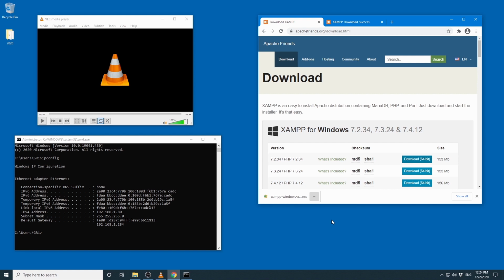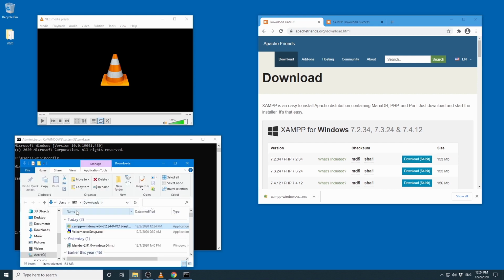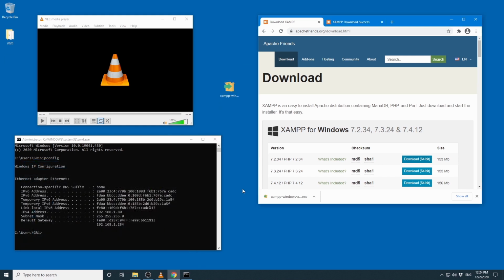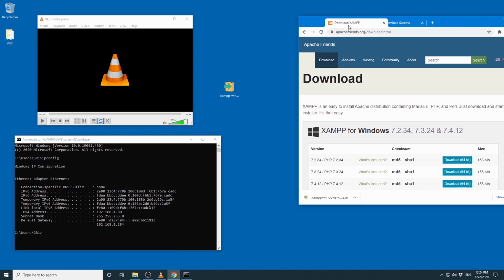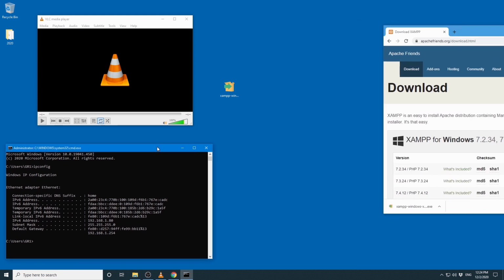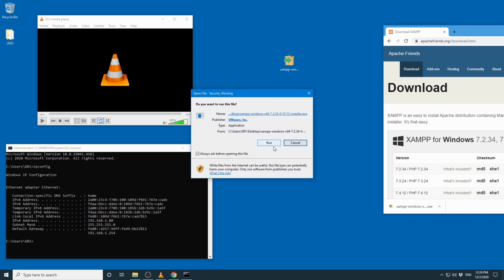Let's just find that in the folder. So in my downloads folder, let's just drag that out to the desktop. There we go. I don't need you anymore for the moment. Close you, move you over there. So XAMPP for Windows. Let's install this. Double click, run,